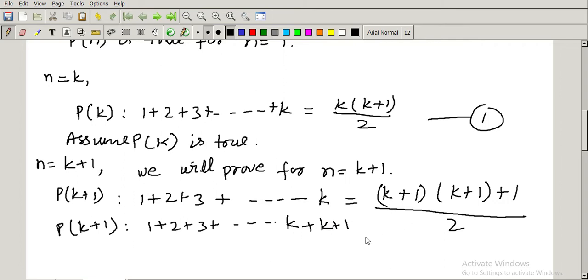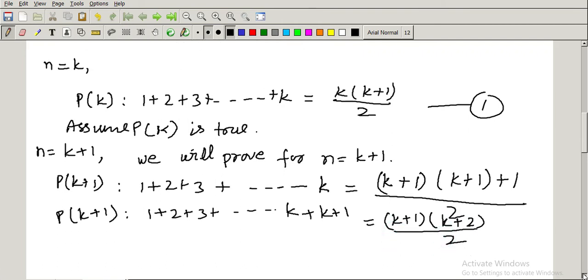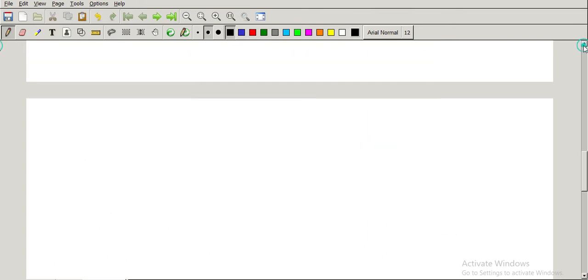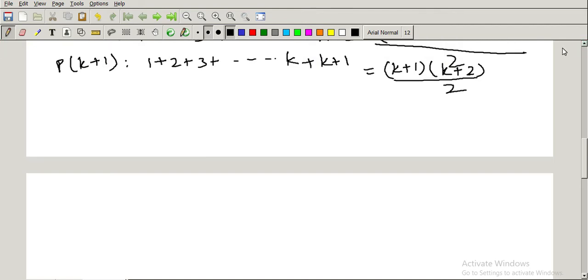तो यहाँ क्या हो जाएगा आपका, ये k प्लस 1 और k प्लस 1, ये हो जाएगा k प्लस 2, क्योंकि ये जो प्लस 1 है, ये जो प्लस 1 है इसमें ऐड हो जाएगा, k प्लस 2 बाई 2, राइट. ठीक है. Right. Okay. Now,